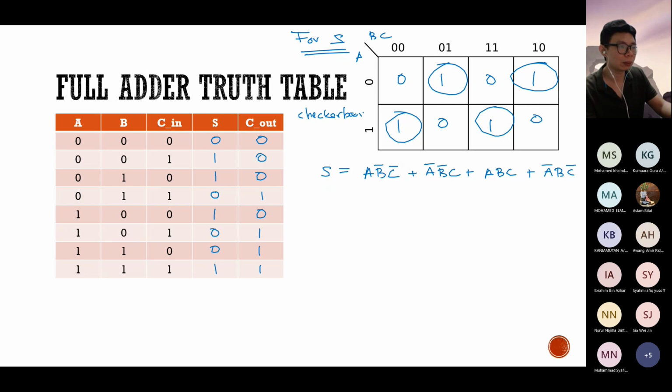Checkerboard. Like when you play checkers or chess. So this is known as a checkerboard pattern. This is the term that they use. If you encounter this checkerboard pattern in your online browsing or online learning, or even on YouTube, they will simply say, oh, there's a checkerboard pattern, and every time you have a checkerboard pattern, you can simplify it